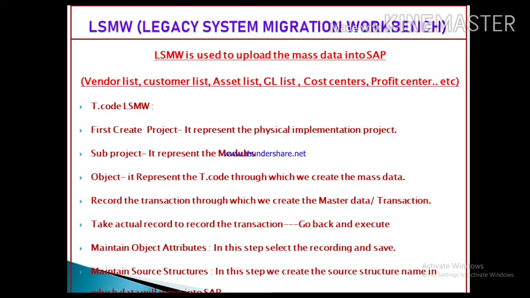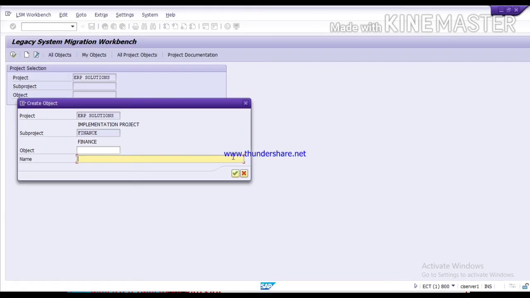Now what is the meaning of object? So object represents the T code through which we create the mass data. Here you can maintain the T code through which we are going to upload the mass data. So for which T code you are going to create this LSMW, you can maintain the detail in the object.